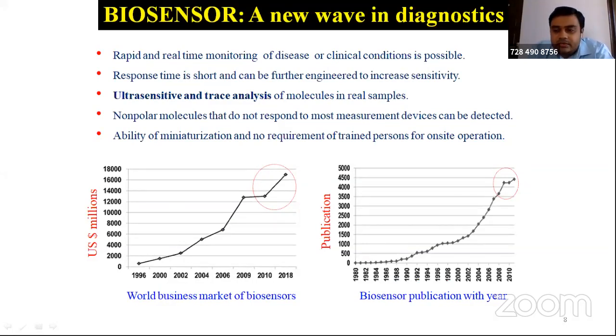Why? Because it is very rapid, and you can get real time monitoring of a disease or any clinical condition. That is very much possible using a nano sensor. The response time is ultra fast. I'll give you the example of a glucometer which is in the market. You just drop a blood sample, and you will get the result. In the laboratory also, you can go for a glucose assay or a carbohydrate analysis, but that is a very traditional way. That has been improvised using a nano enabled system or integrative devices. So it is very advantageous to have such a system.